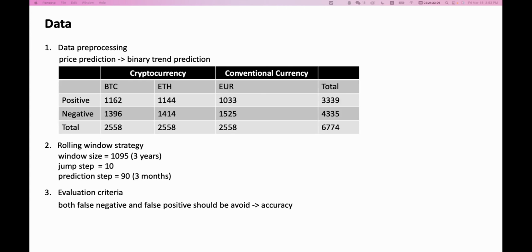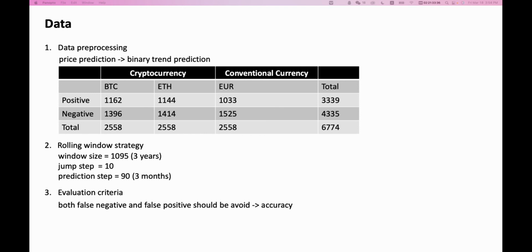About the data in this study, in line with Project 1, I transformed our original price prediction task to a binary class prediction, or say classification task. In total, the dataset contains 3339 positive cases and 4335 negative cases. I also used rolling window strategy. However, the time window size was changed to 3 years. The jump step was changed to 10 days, and the prediction step was set to